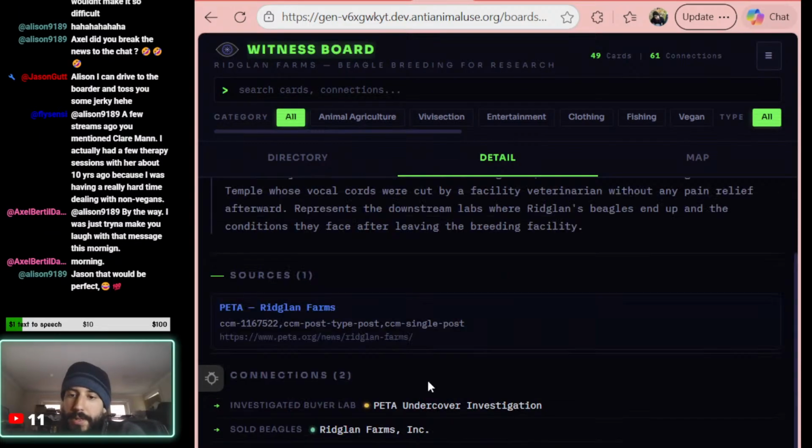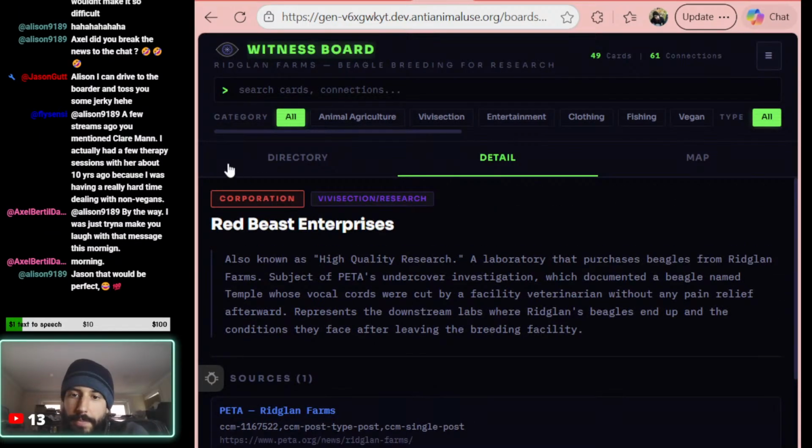What is Red Beast Enterprises? I've never heard of them. Also known as High Quality Research. Subject of PETA's undercover investigation. She documented a beagle named Temple whose vocal cords were cut by a facility vet without any pain relief.